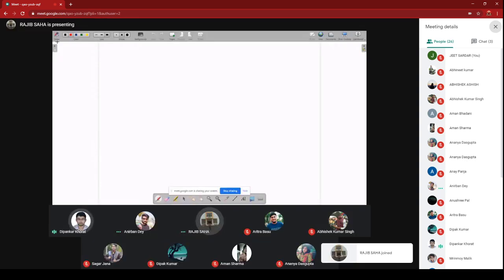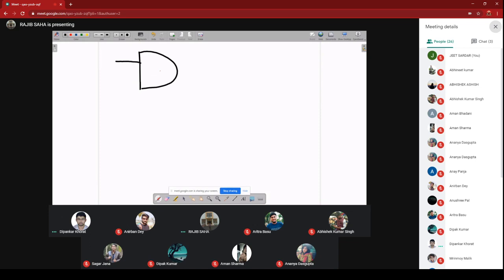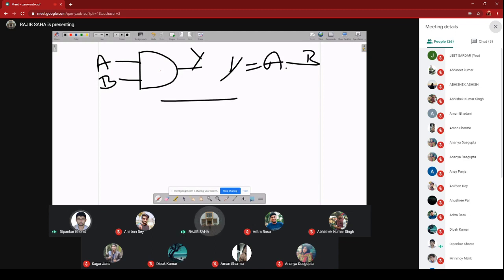So you can see that first we will start with suppose the AND gate. Okay. So you all know how the AND gate actually looks like. Suppose this is the AND gate, where you have given A and B as input, and suppose we are getting this Y as output. So basically, Y is equal to A dot B. We know this one. This is very common. And this is the truth table of the AND gate.